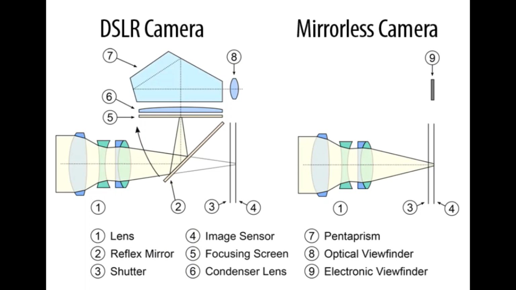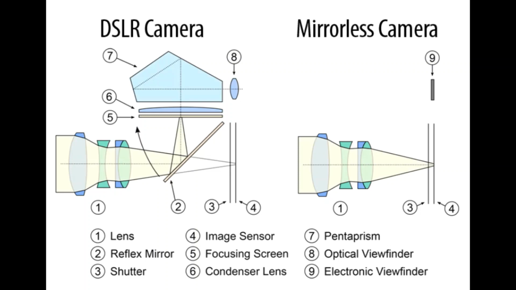And guys, if you remember when talking about DSLR cameras, I also said that DSLR cameras also have an electronic viewfinder, and when you switch to the electronic viewfinder mode in a DSLR camera, it actually happens like this. The reflex mirror goes up and the shutter opens, so that the light will directly fall on the image sensor itself, and you will be able to see the preview through your electronic viewfinder.